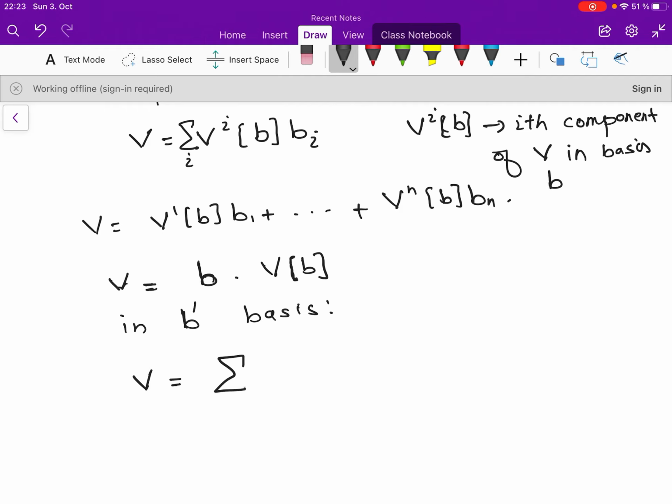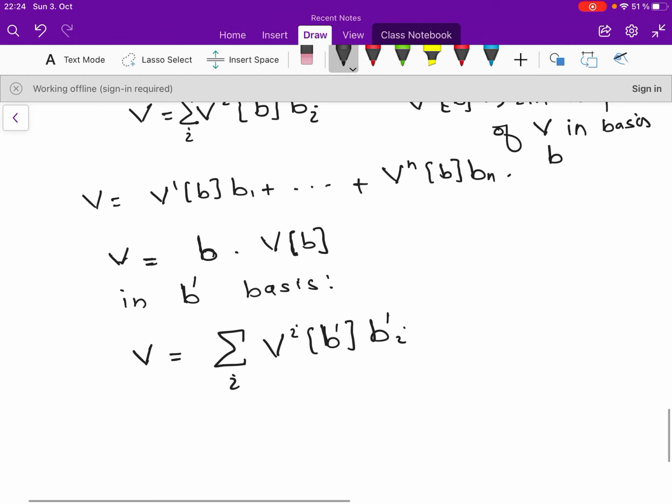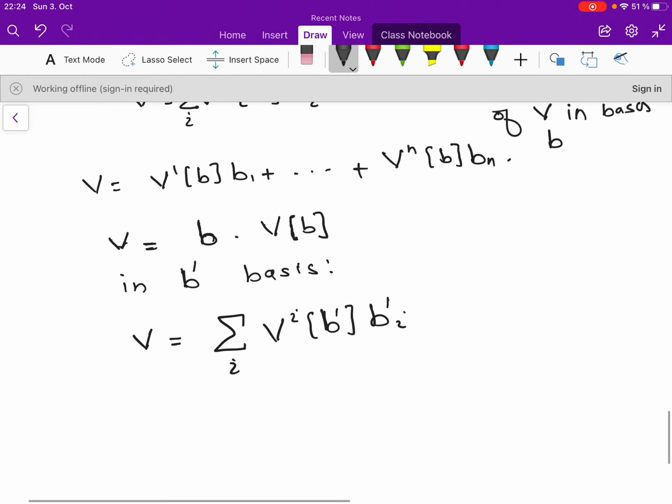Now the summation over i, and the ith component of this in the B prime basis, and then b prime i will come here. So I can write this V also in this manner: B prime, this is the row vector, multiplied with V